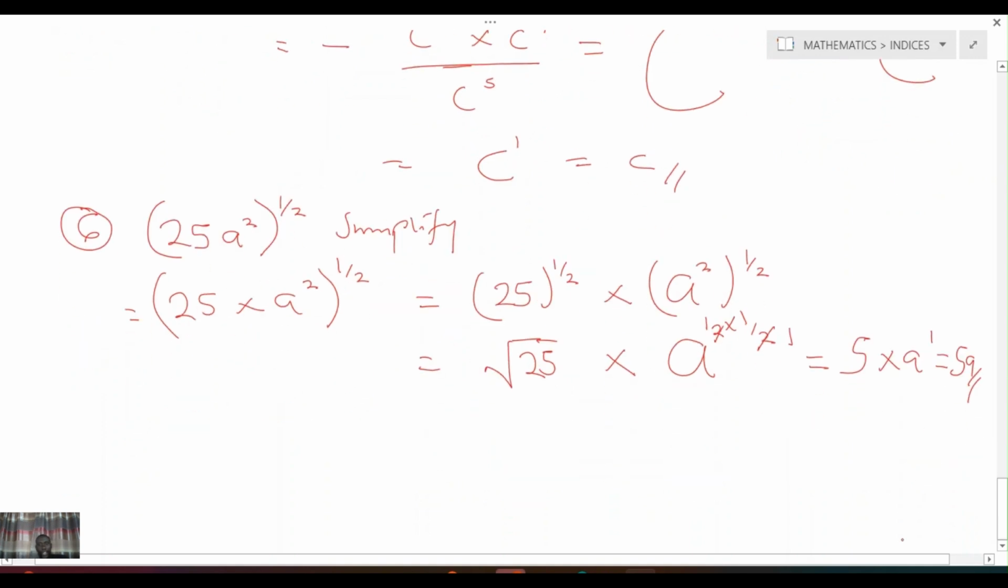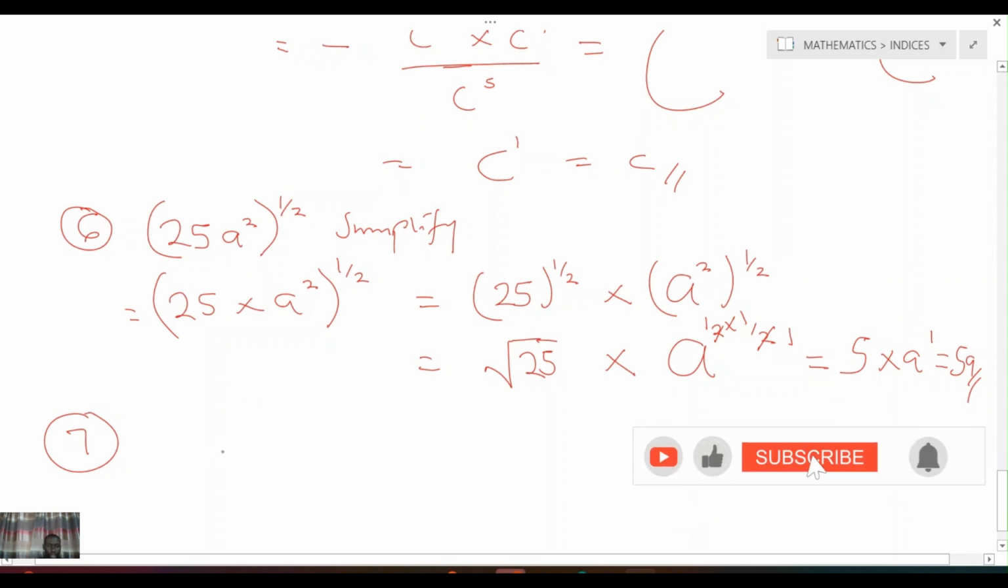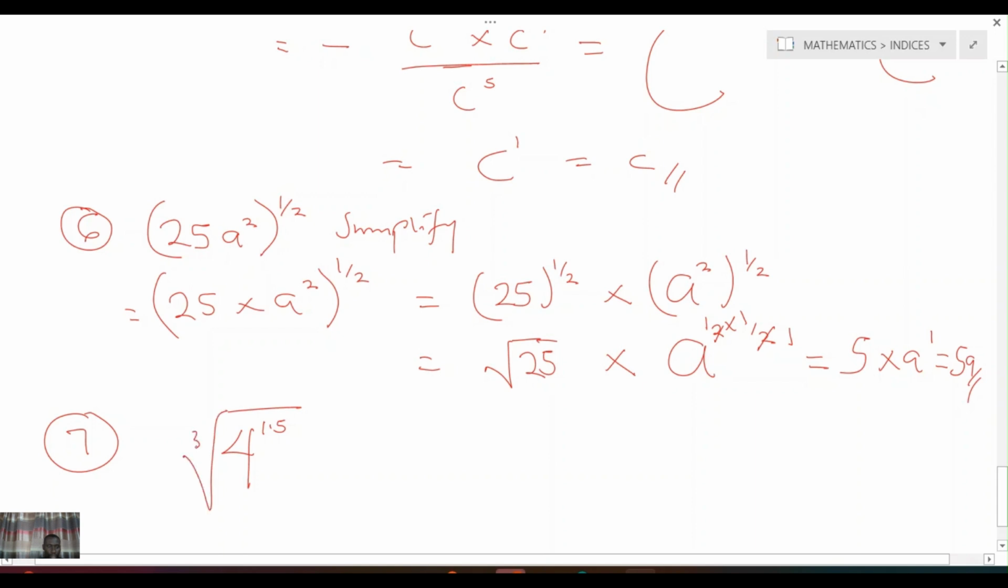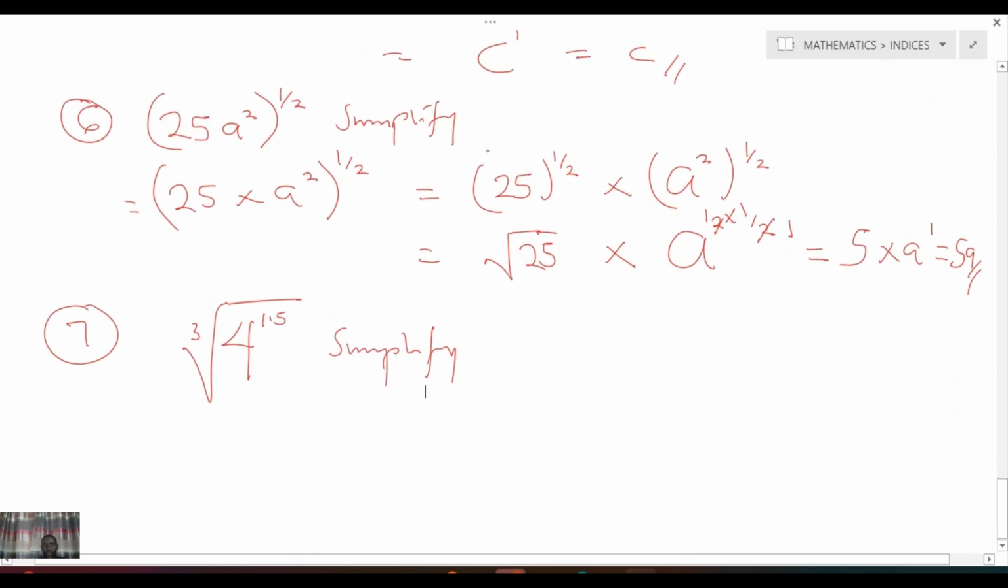Good. Let's look at another one. Number 7: 4 raised to power 1.5, cube root. Let's simplify this. We know from the rule of indices that this will be equal to 4 raised to power 1.5